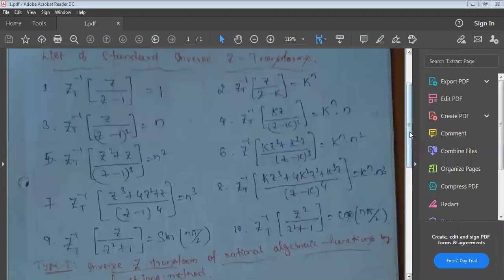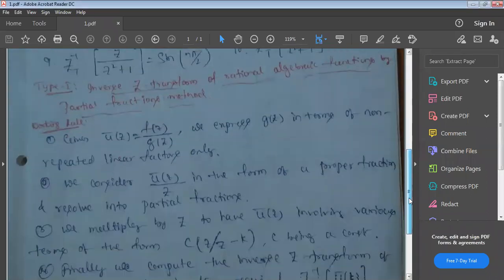See here, there will be two types of problems in inverse Z transformation. And remember guys, solving inverse Z transformation is very, very important. If you understand how to solve a problem on inverse Z transformation, you can attend 2 questions in the exams. One question is from inverse Z transformation, direct question. Another one question will come from difference equations. When you are solving a problem on difference equations, you have to find inverse Z transformation. So if you know inverse Z transformation, 2 questions easily can attend in the annual examination. 7 plus 7, 14 marks, or 7 plus 6, 13 marks.